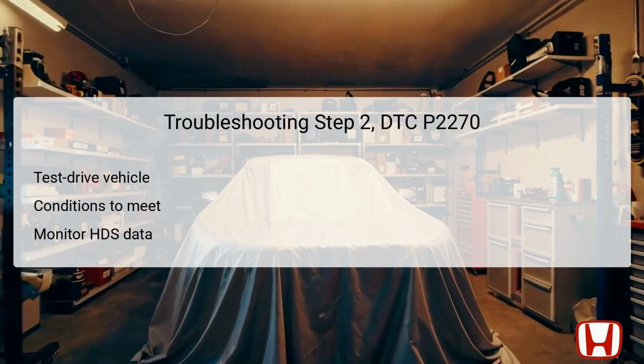The second step in troubleshooting DTC P2270 involves conducting a test drive under specific conditions. It is crucial that during this test drive, the engine coolant temperature (ECT) sensor 1 reads above 158 degrees Fahrenheit or 70 degrees Celsius, ensuring that the engine is operating at a temperature conducive for the secondary HO2S to function